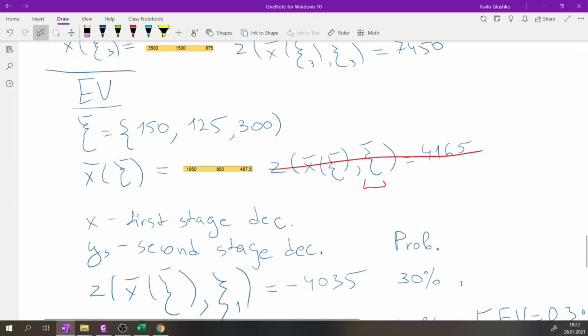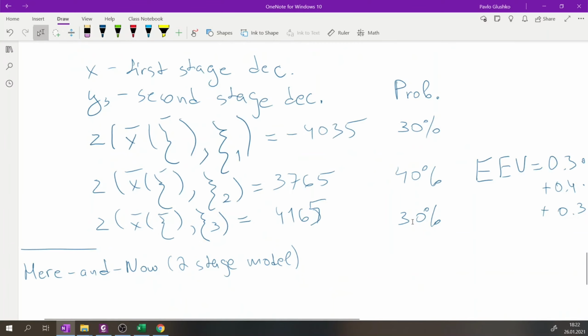But then maybe it would be more useful for us if from the very beginning we build one model in which we maximize the expected profit. So in deterministic model, we maximize the profit. And here, since we have probability, we maximize the expected profit. So we'll now start